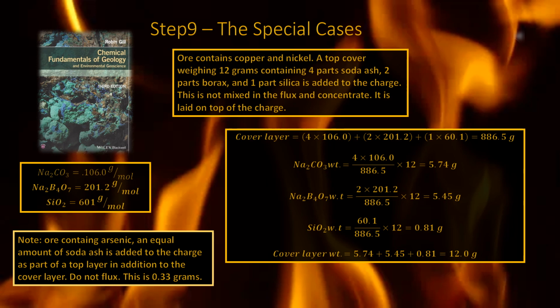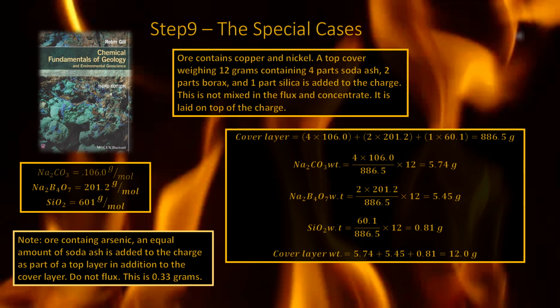In presentation 12, I introduced the charge table. Now, step 9 in the table is additional instructions pertaining to special cases. Contaminants such as copper, nickel, and so on are covered in step 9. Note that there is also arsenic in the sample. There is 0.33 grams of arsenic in the ore, therefore 0.33 grams of soda ash is added to the top